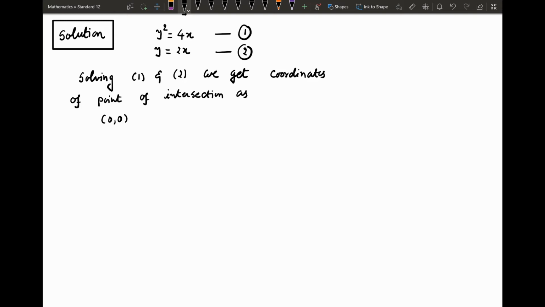The reason is clear: the constant term is absent in both equations, so both curves pass through 0, 0. So one point of intersection is